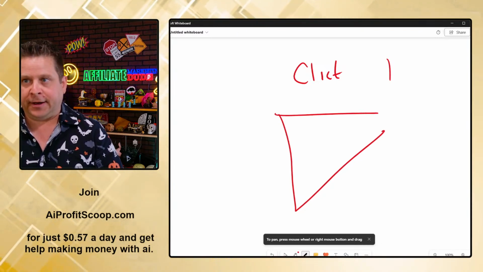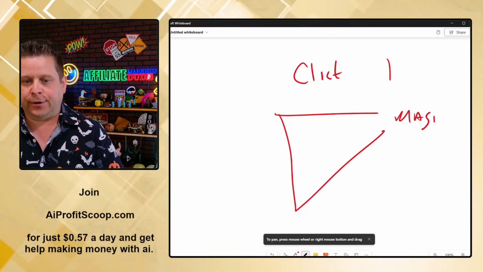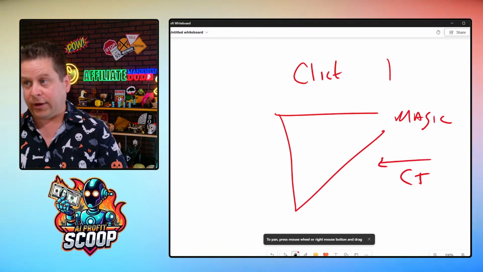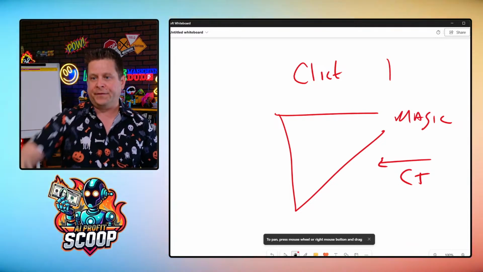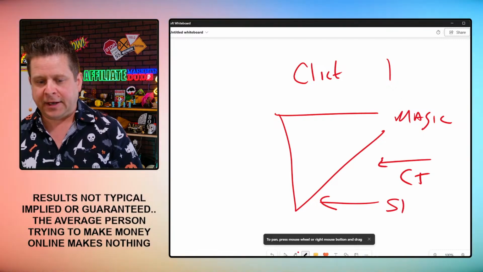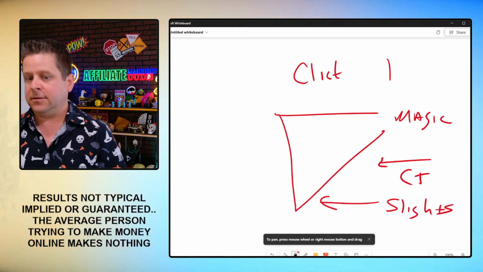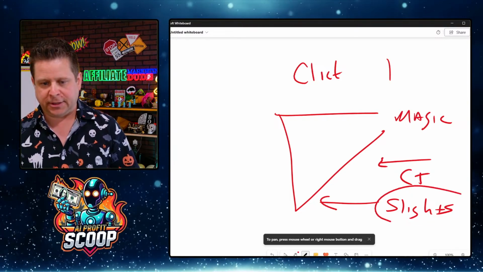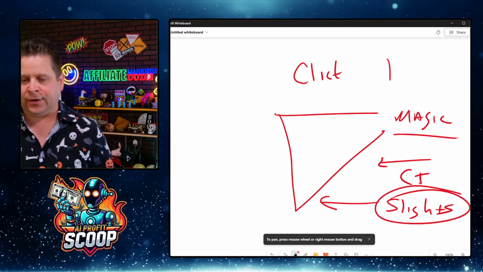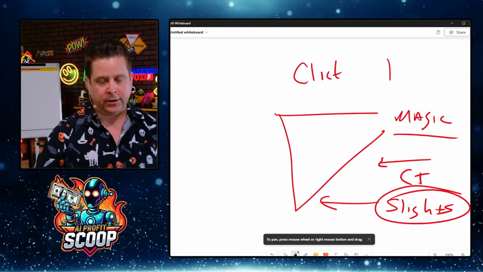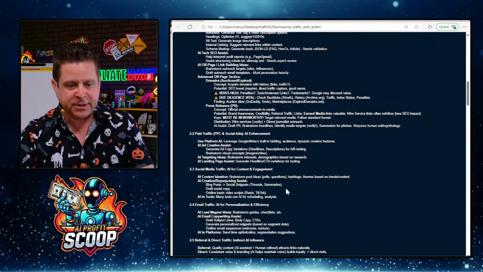There's people up here that are like, magic. Okay, that's pretty vague. Then there's people here that are looking for card tricks. Okay, that's more specific to what they would actually want. Then you have people down here that are actually looking up the names of the slights. Boom, there we go. I know this person's a magician. This could be someone looking for something fun to do at a party or whatever. This one down here is going to be a much more specific